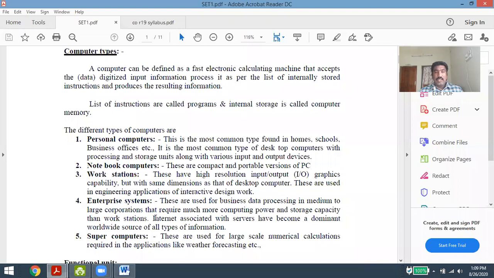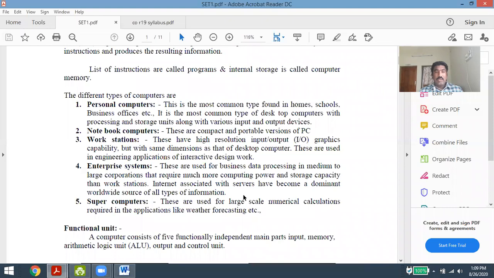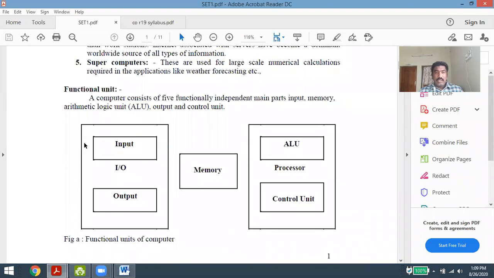Already we have discussed the basic types of computers in the last sections. So we'll go forward with the functional units once again. This is the structure of the computer, which is also called the functional units of the computer. Already we have known what the input unit and output unit are. The task of these input and output units is to give the data and information to the processor, and also to take the output from the processor and display it on a screen to the user.